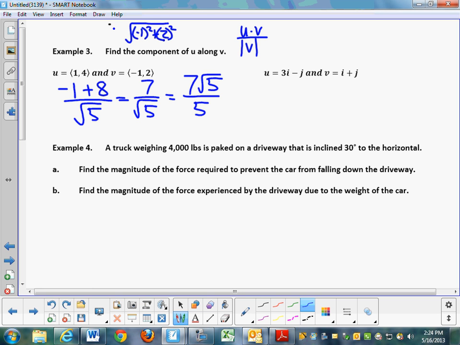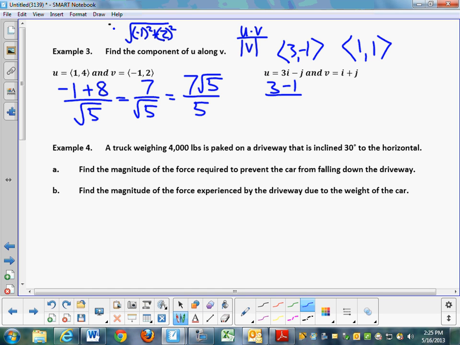Billy Barber asked the question. Okay. All right, so if I've got it in terms of i and j, I go 3, -1, and I do 1, 1. So I'm going to multiply the vectors using the dot product. 3 times 1 is 3. -1 times 1 is -1. I'm going to divide that by